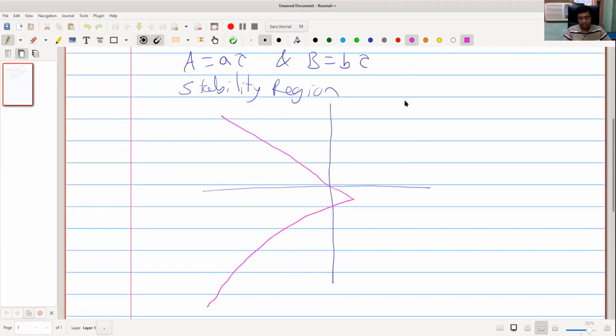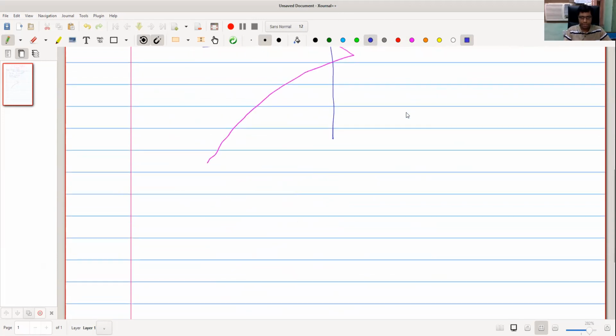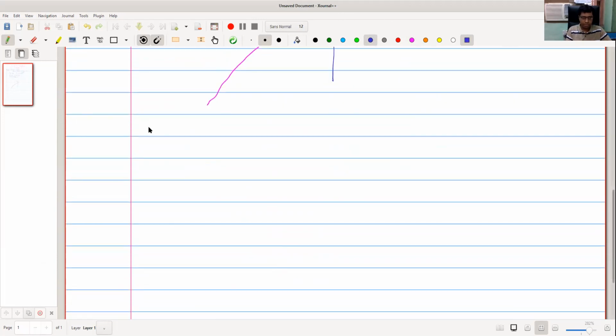Okay. Second thing we should note is, if we have a non-linear DDE,